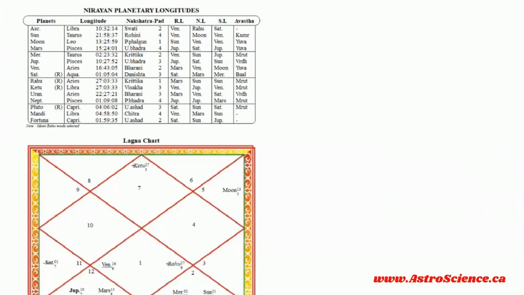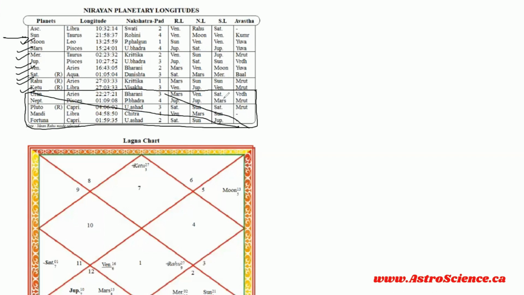Now, likewise, for all the planets: Sun, Moon, Mars, Mercury, Jupiter, Venus, Saturn, Rahu, and Ketu. There are some other planets also mentioned over here, which are Uranus, Neptune, Pluto. We don't follow these planets, so we just ignore them. For Sun, you can see Sun is in Taurus at 21 degree and 58 kala. So if anyone asks what are the coordinates for Sun today, it's in the sign of Taurus at 21 degree